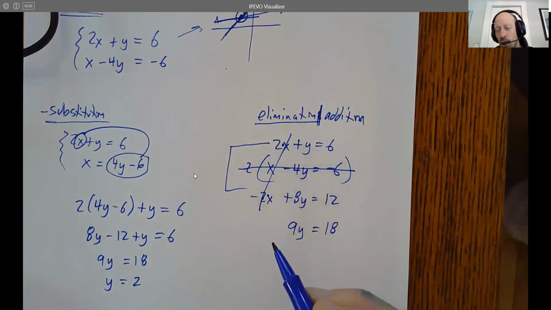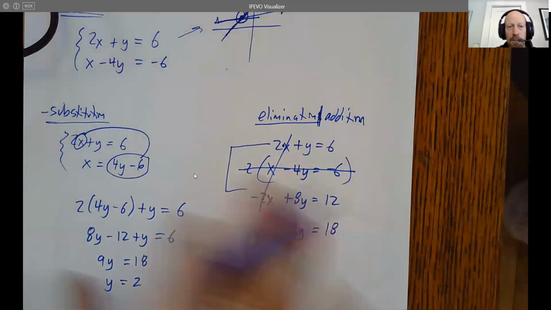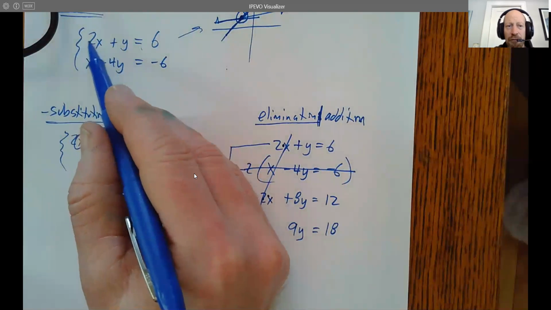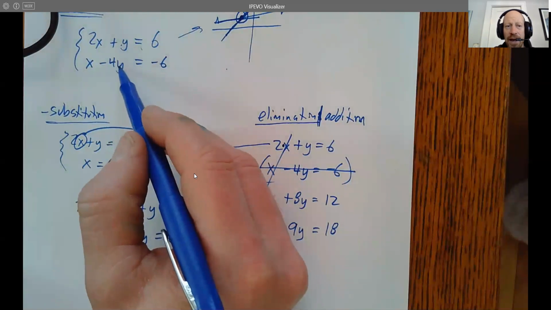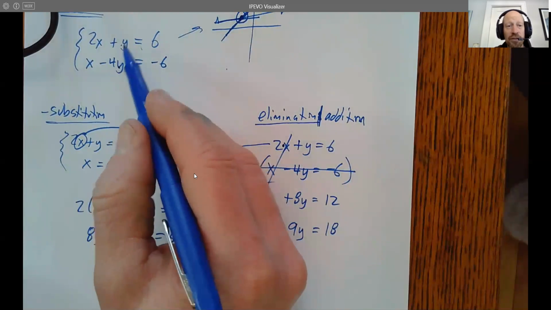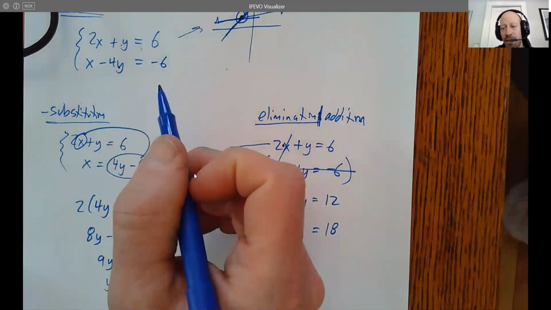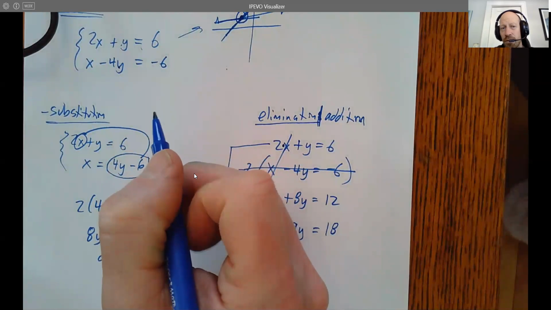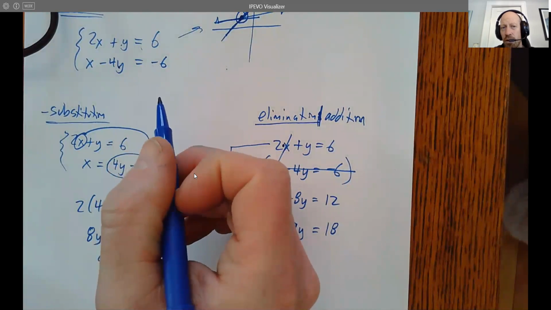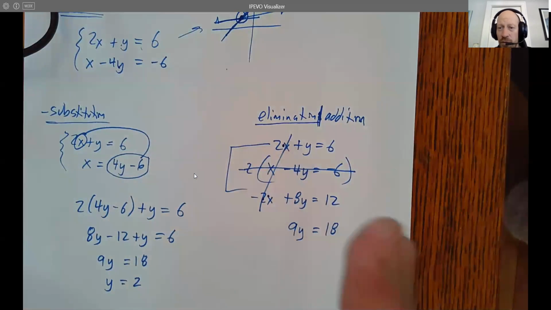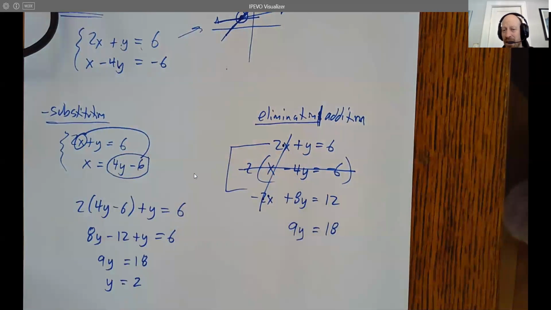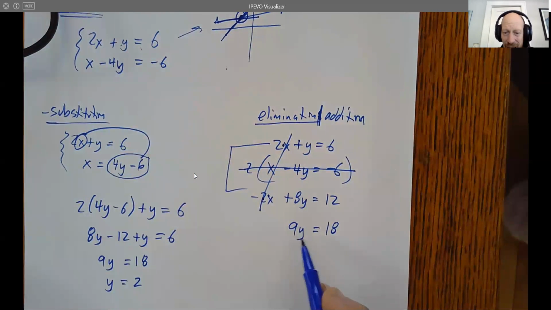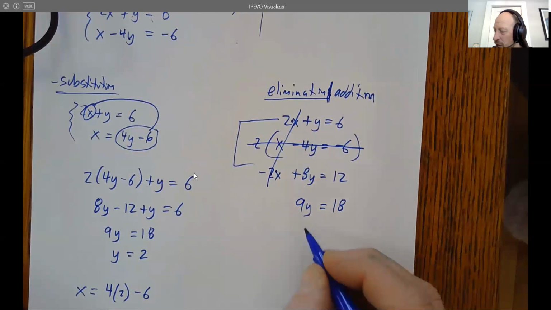You could have also multiplied this top equation by 4. That, notice, would have given you a plus 4y and a minus 4y, which also would have canceled when you added them together. Okay? Either one of those is perfectly fine. I just want to find an easy combination so that when I add them, they cancel. And notice when they cancel, now I have just a single variable, and kind of like before, it's pretty easy to solve